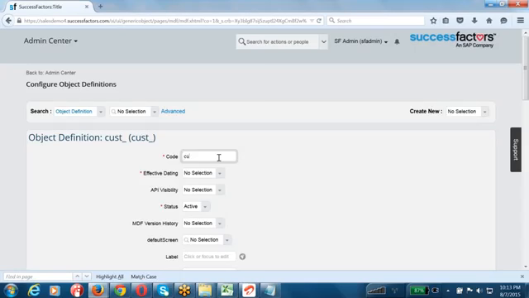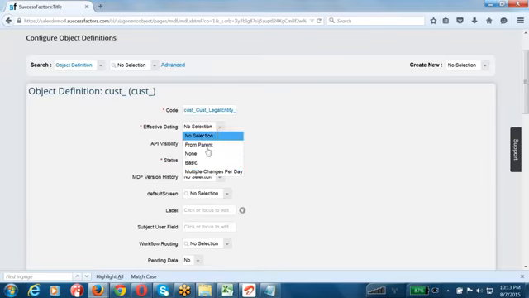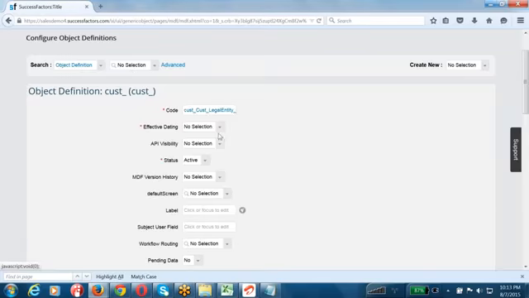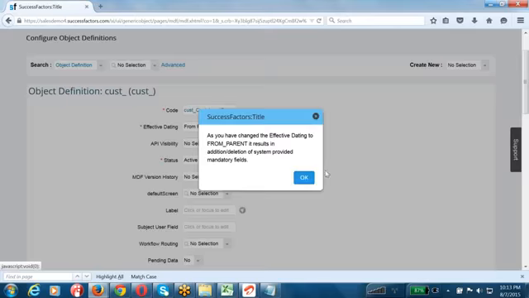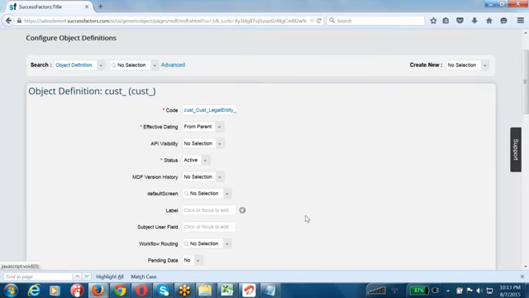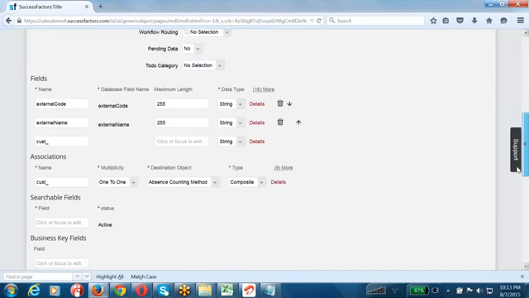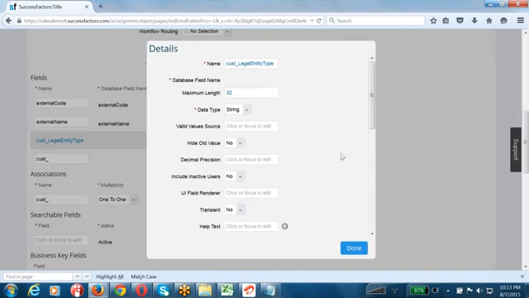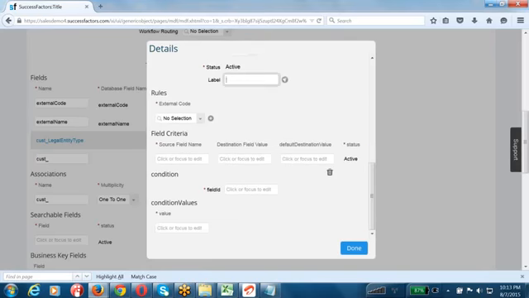One second, guys. Okay. Sorry. Legal entity underscore IND. Let's say from the parent, we are going to keep an association, right? 32 string, and the label that I'm interested in displaying is